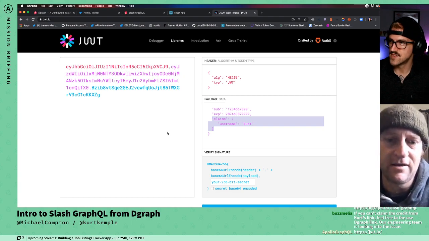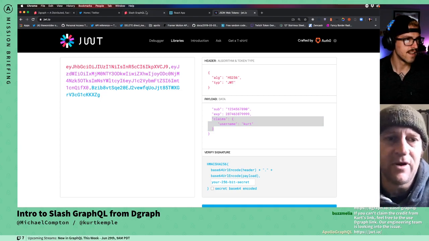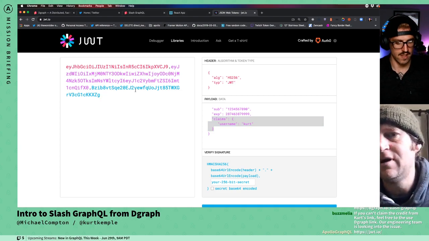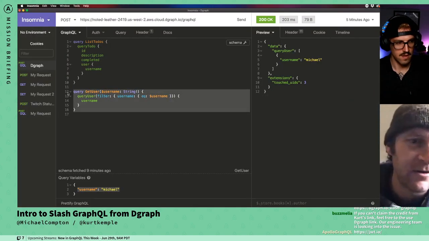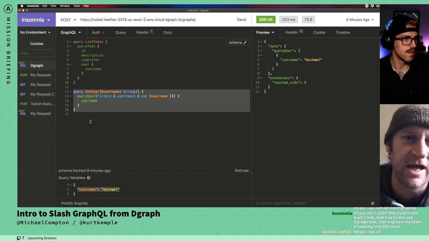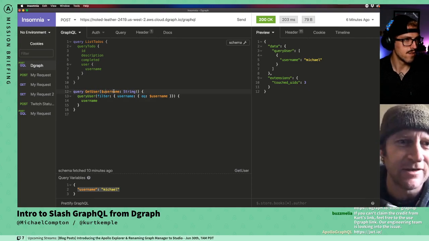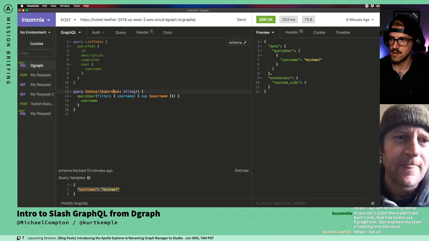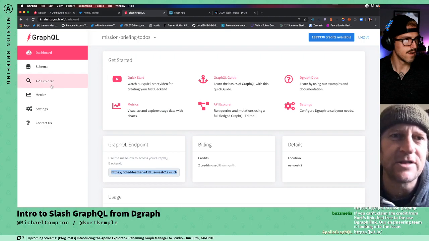So if we take the query you had in Insomnia, we can then turn that into an access control rule for the graph and say you can only see your own data. So that's a rule that takes a username. We did use username in the JWT, didn't we? We sure did. Yep. So if we copy that query and go over to the schema in /GraphQL,